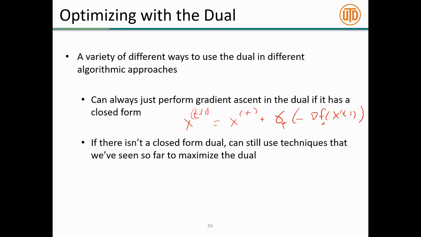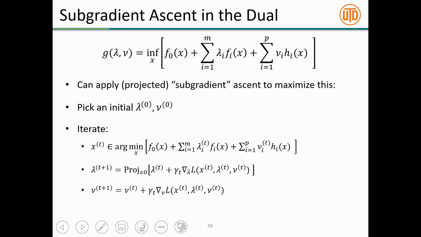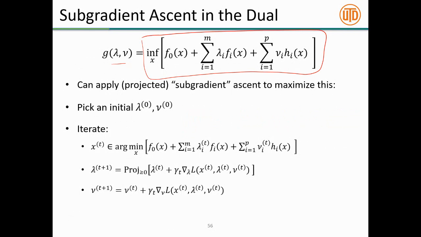If there isn't a closed form dual, like some of the examples that we saw today, you can actually still apply the strategy. Some of the strategies we've seen before, only you have to be a little bit more clever now. Not too clever though. As an example, we can always apply subgradient or projected subgradient methods to optimize the dual problem. Remember that the dual is the infimum over all values of x of the Lagrangian, which is just this weighted sum of